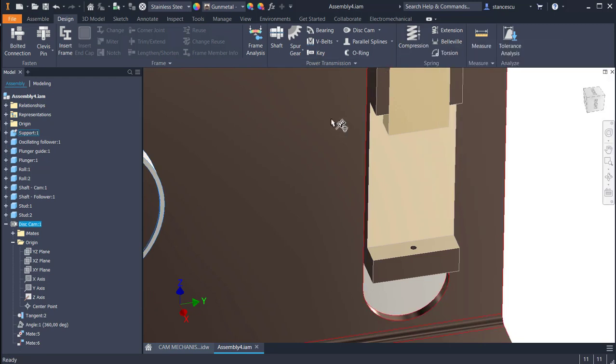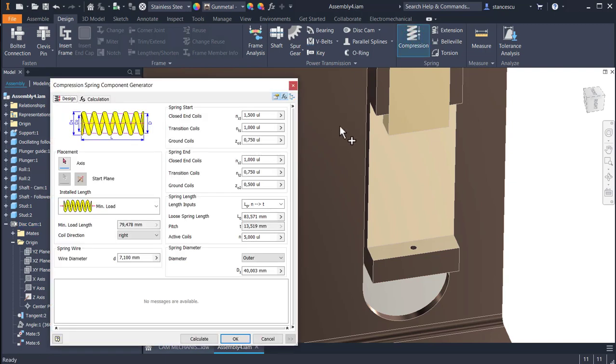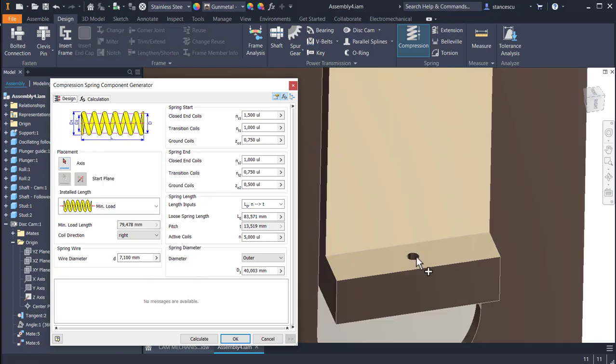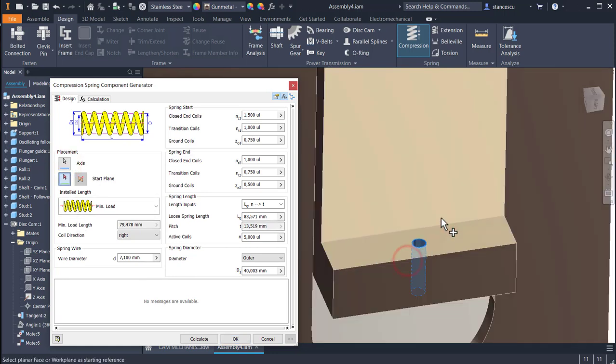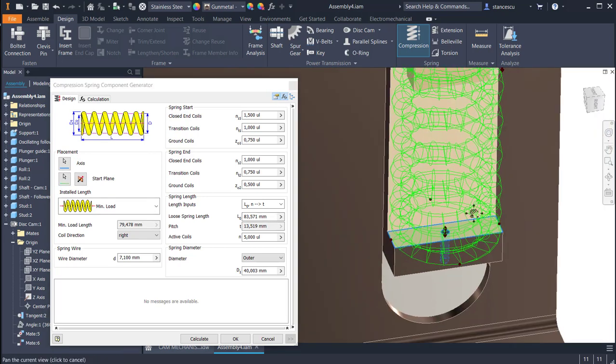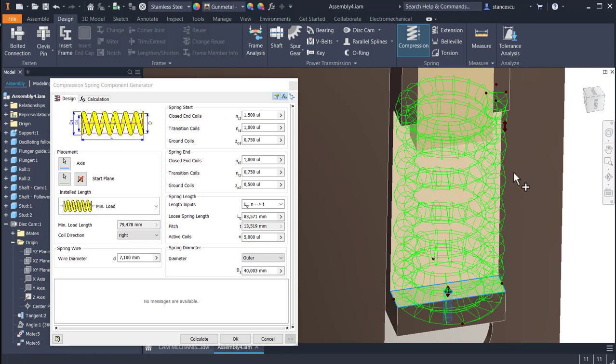Keep Control pressed to use the initial data or default data. We select positions, yes. The axis is the axis of this small hole. The start plane is this, and now there is a preview of a large